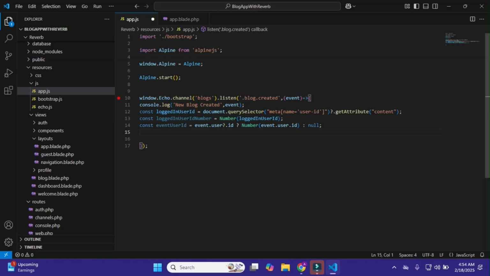Okay, so we just simply do this, and basically it just simply skips the notification for the same users.